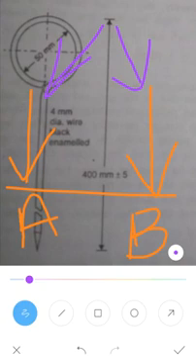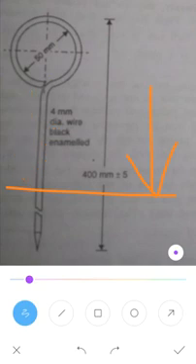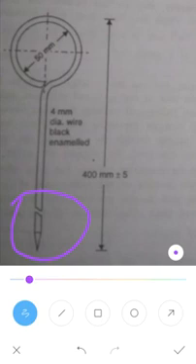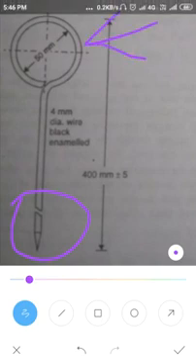These arrows are made of good quality hardened and tempered steel wires, and they are black enameled. The length of the arrow may vary from 25 centimeter to 50 centimeter. The most commonly used length is 40 centimeter. One end of the arrow is made sharp. So this is the sharper end, and another end is bent. This is the bent end.